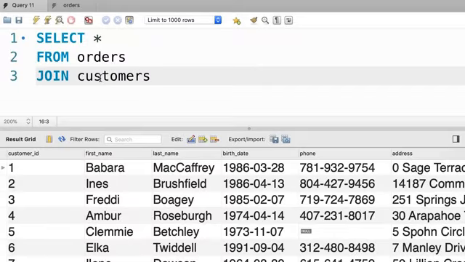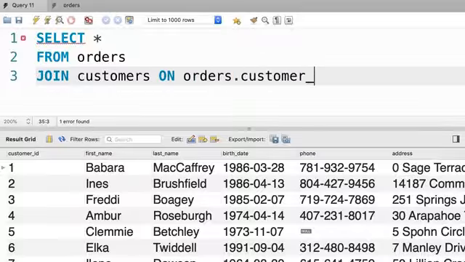Now, on what basis do we want to join these tables? Well, here in the customers table, we have this customer ID column. So if we put these two tables next to each other, we want to line up the records such that the customer IDs are equal. That is where we use the on phrase. So after on, we type out a condition. Here's the condition we need to type out. orders.customer_id should be equal to